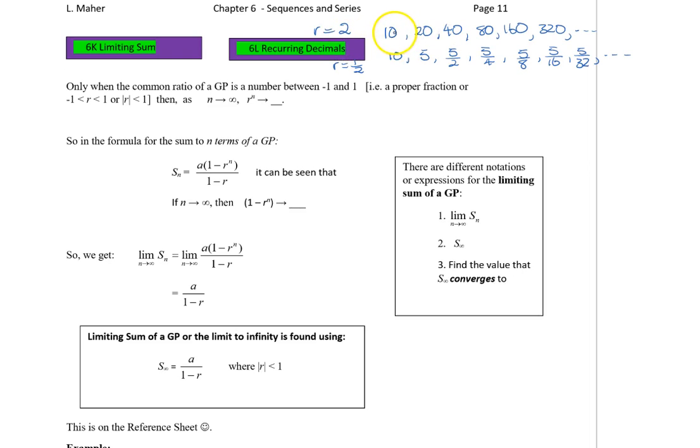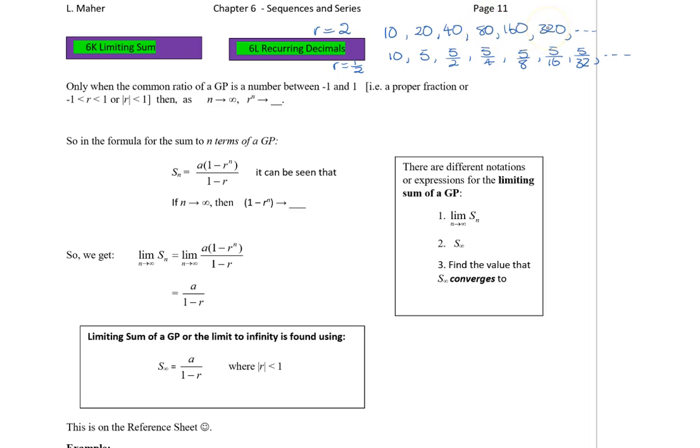starting at 10. So we've got the terms 10, 20, 40, 80, 160, 320. You can probably see that the terms are increasing fairly significantly now, and as we continued on, they would continue to get bigger and bigger. The limiting sum, if I was to add up the sum as we progress further, are we getting to a limit ever? Well, I guess